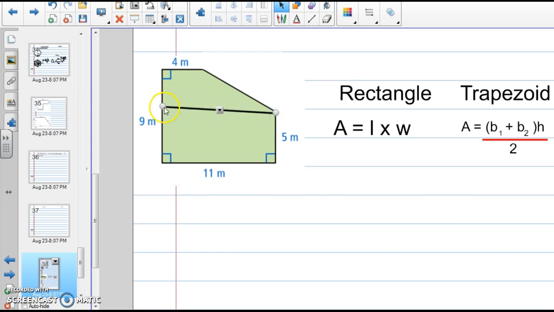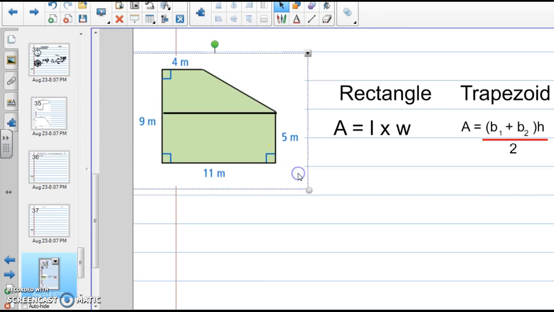And hopefully what you see is that we're dividing this composite figure into 2 simple shapes, a rectangle and a trapezoid. So also out to the side of your figure, I need you to write down these 2 formulas of how to find the area of a rectangle and a trapezoid. So go ahead and pause the video and write these 2 formulas down. Okay, so let's look at just the